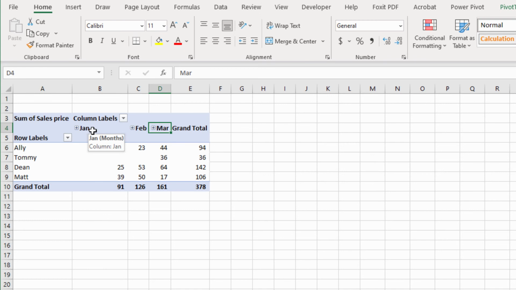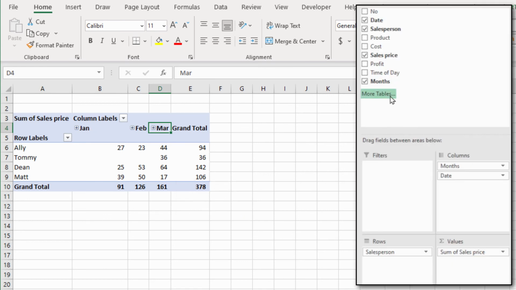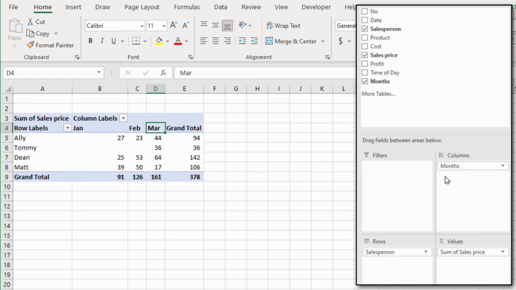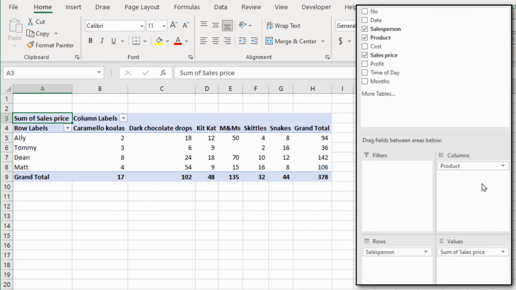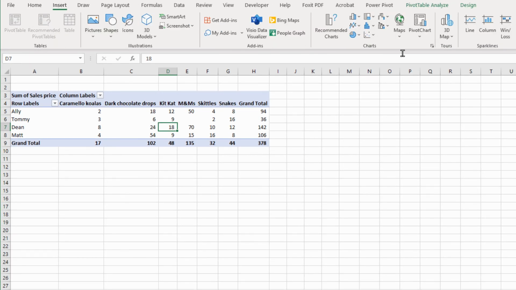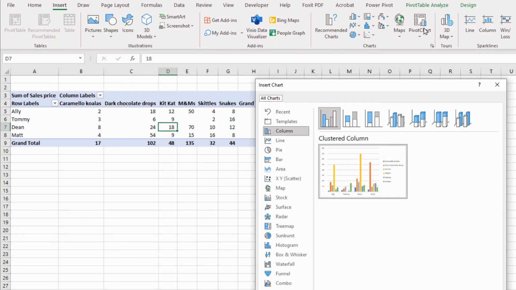All right, so to illustrate the pivot chart, let's first create a pivot table that shows a breakdown of sales. We already have that. By salesperson, we already have that. Further broken down by product. So I'll get rid of all the date information and I'll bring in product. And now I'll insert my pivot chart. So I'll click anywhere within the pivot table I want to use, insert pivot chart.